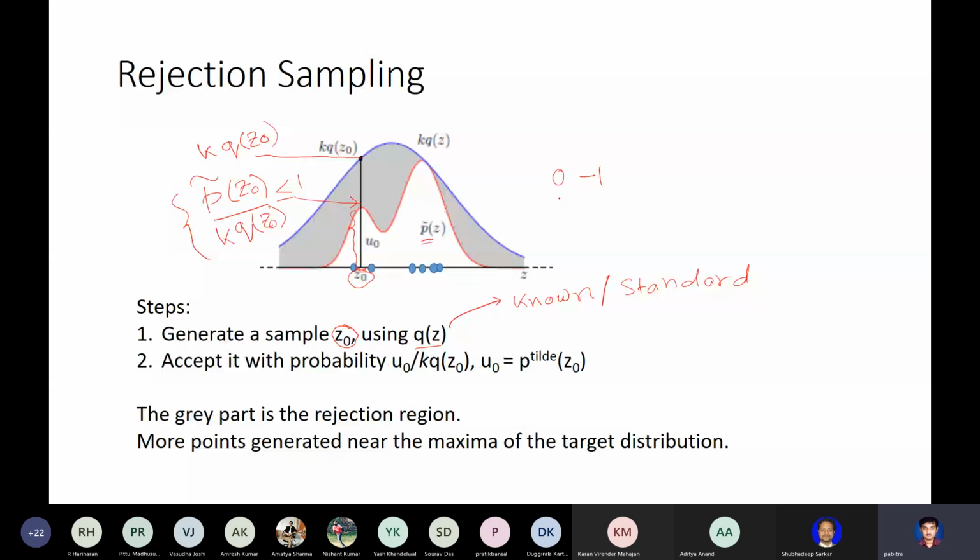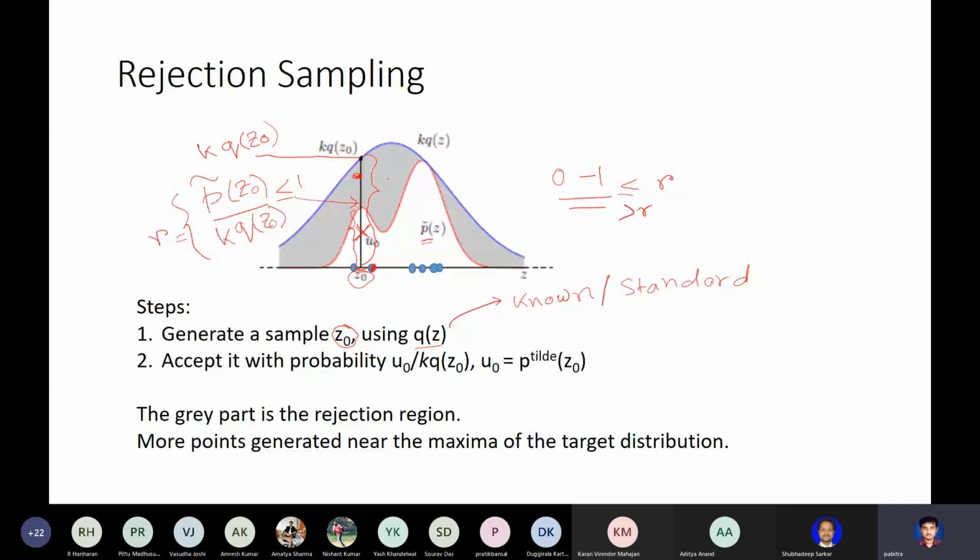If this random number is less than or equal to R, so basically you generate any random point in this one-dimensional interval, and the point falls in this region, that particular sample you accept and keep in your sampling file. And if it is greater than R, that means your second random number, not the sample, falls somewhere in this region, you reject that.